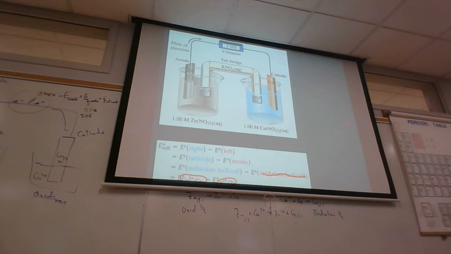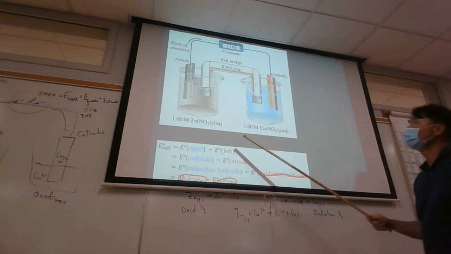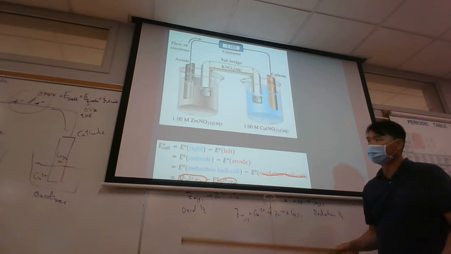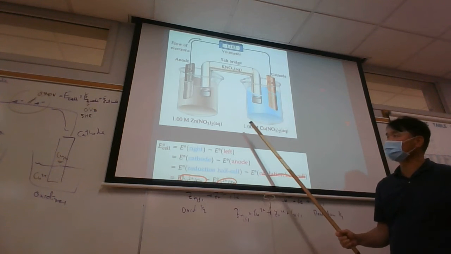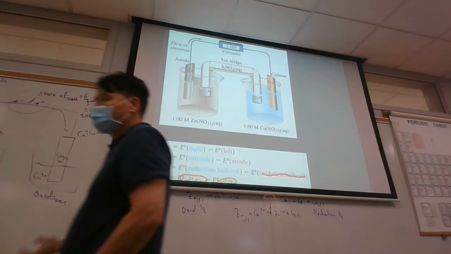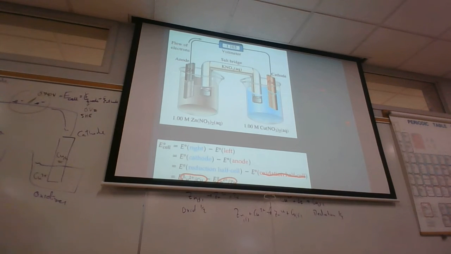So let's see how this is done. We don't have to have the SHE. We just have the SHE just to get the table. Once we get the table, then we can use all the voltages. And so the next thing that we do is we calculate the cell voltage. And calculating the cell voltage,